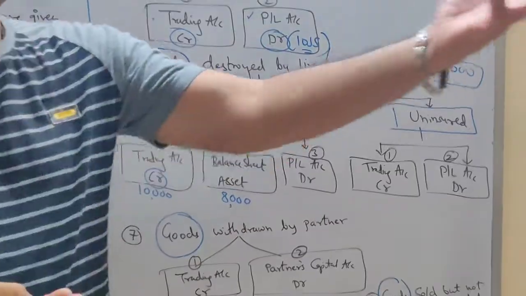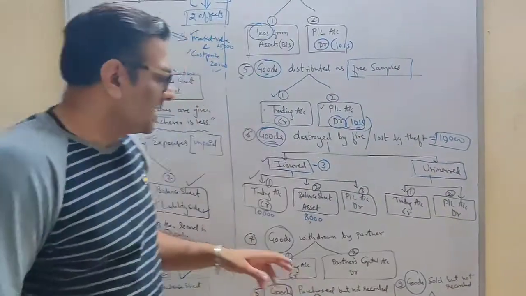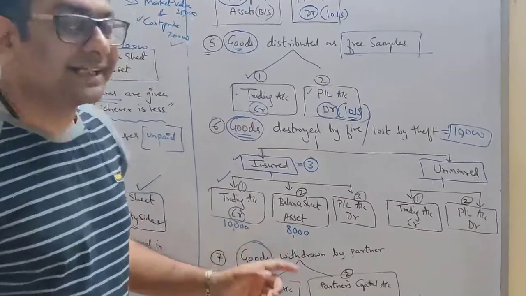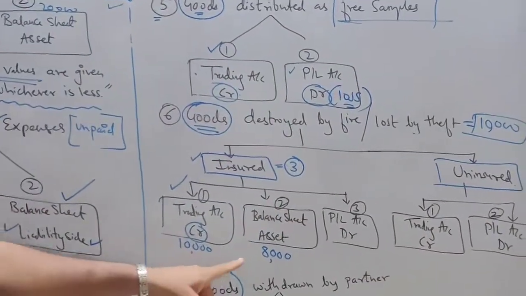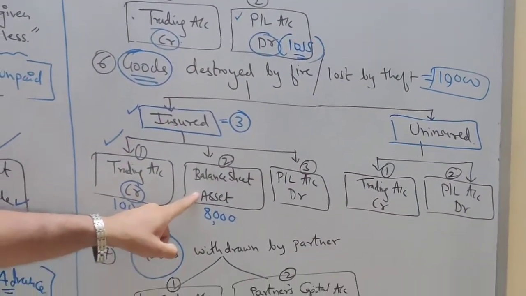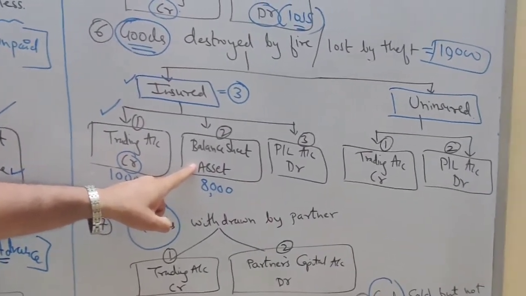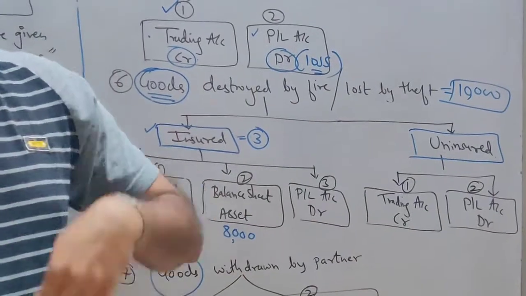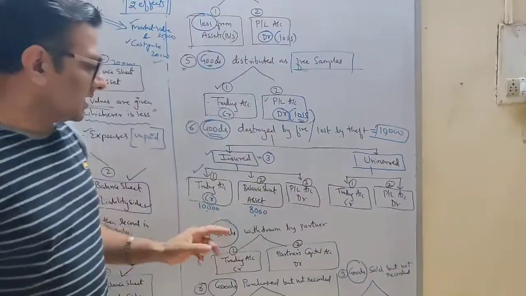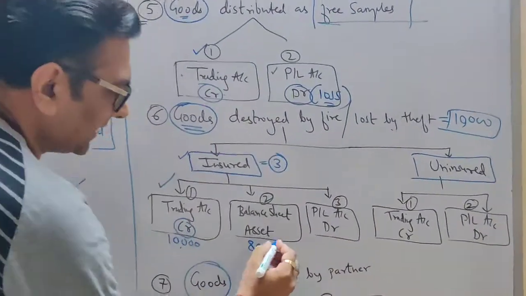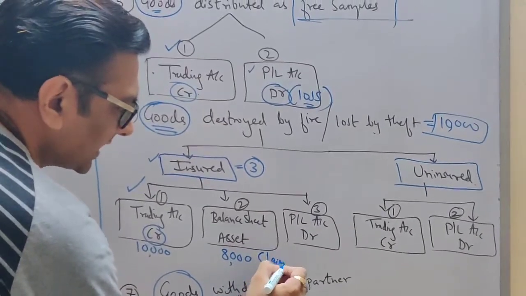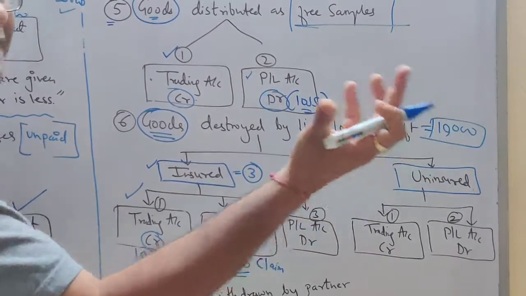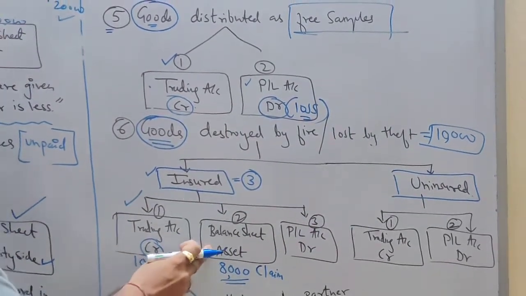So how much are you going to receive from the insurance company? You will receive 8,000 from the insurance company. It is receivable, and if it is receivable, it is an asset. So this is a golden rule: receivables are your assets and payables are your liabilities. Since this is claim money, students, the claim amount is your receivable amount. It is an asset. Write it.